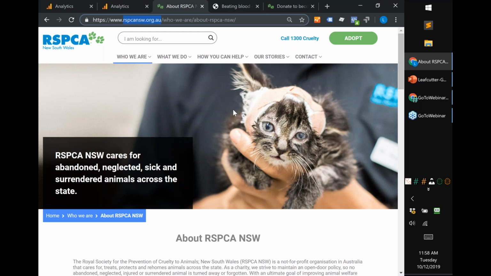That is, if you leave the source blank, then it will just blank out the source and say not set. I'll have to double check, but this has changed a couple times. The guideline used to be that medium, source, and campaign all had to be included, all three. But I know that sometimes it can still work. Like if you just choose medium, I think the source is just not set. I'll just have to double check that.